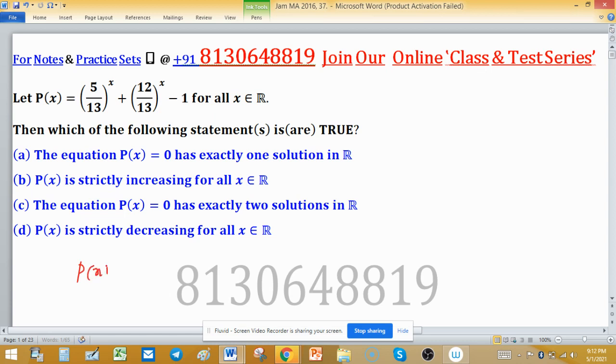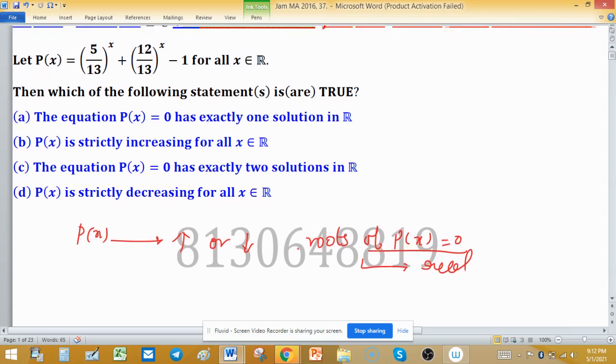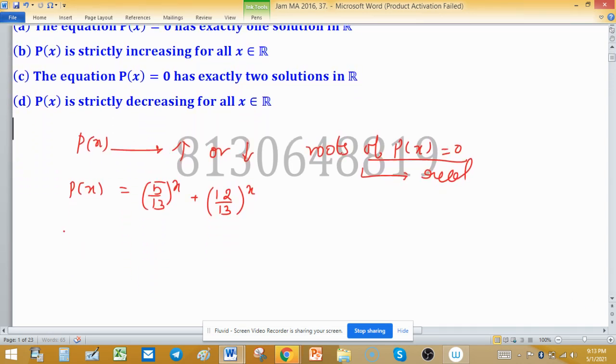First, p(x) is either increasing or decreasing, and second, the roots of p(x) = 0, meaning real roots: only one real root or two real roots exist for this equation p(x) = 0. As for increasing or decreasing, we will check the first derivative. So p(x) = (5/13)^x + (12/13)^x − 1. Take its derivative. So p'(x),